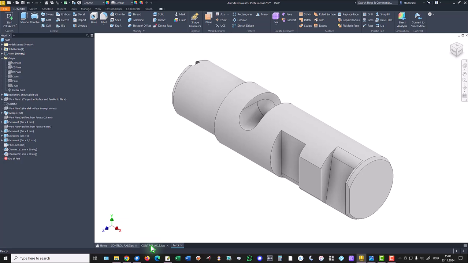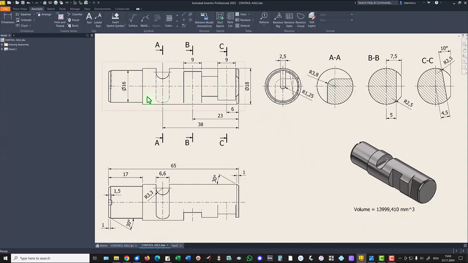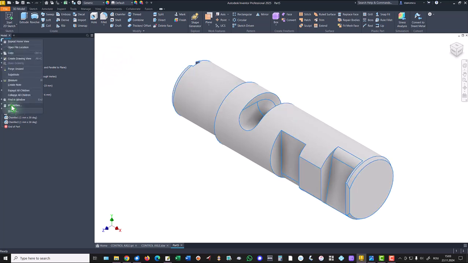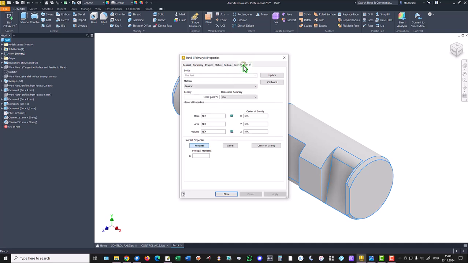I suppose that's all. Nothing is missing. Good. Let's see what about the volume. Properties, physical, update, copy, close,